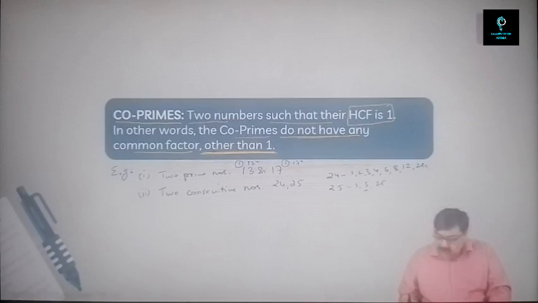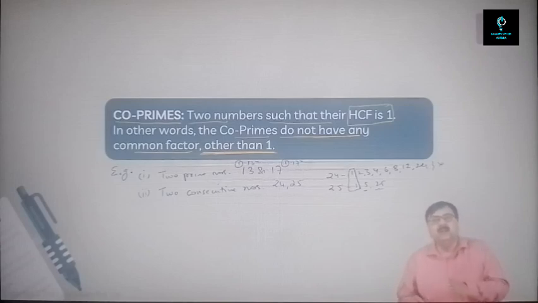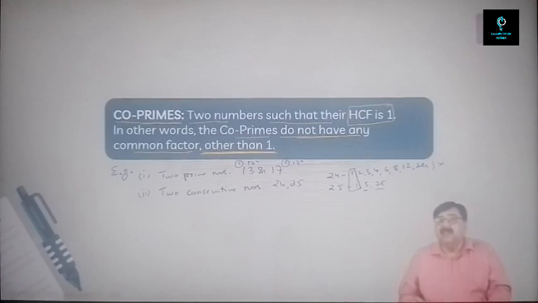So 5 is not present anywhere here as a factor of 24 because 5 does not divide 24. 25 is a number greater than 24, so it obviously cannot divide 24. So the highest number that can divide both 24 and 25 is 1. So any two consecutive numbers, 1,01,000 and 1,02,000, even these two consecutive numbers will always be